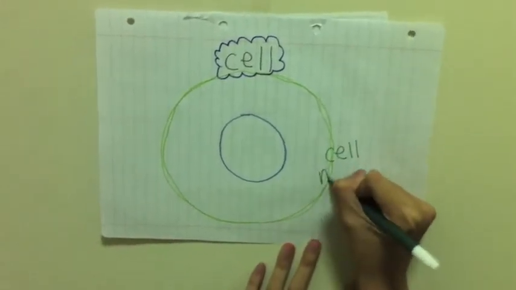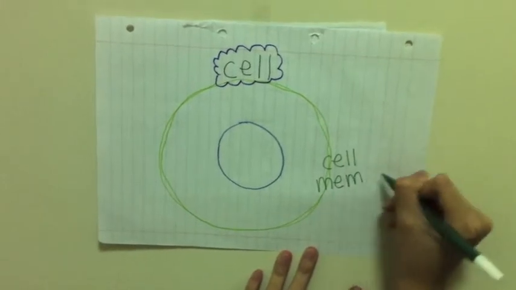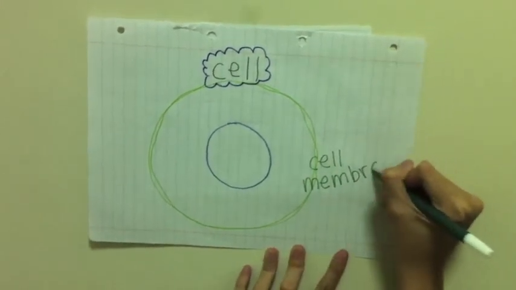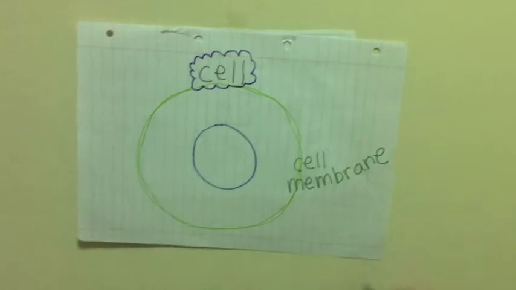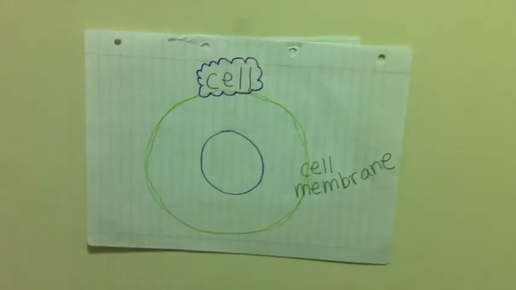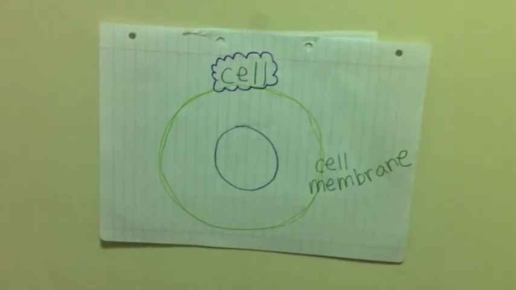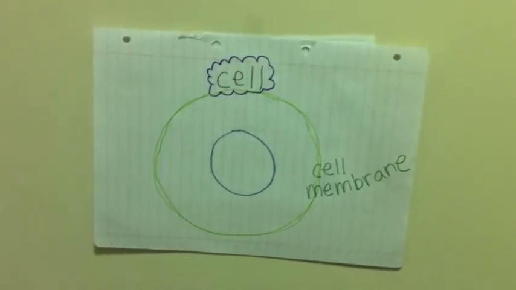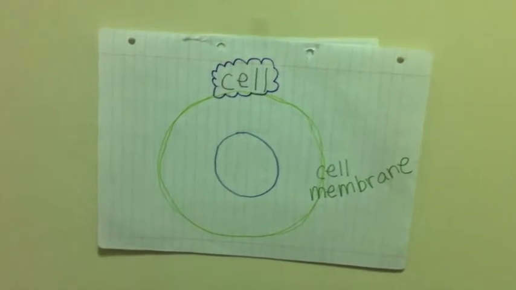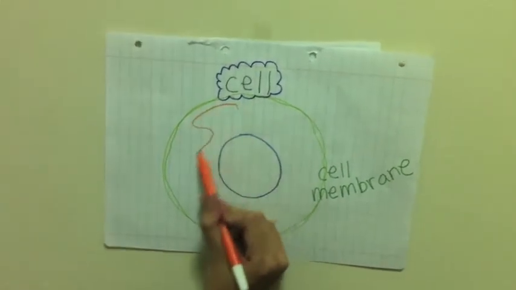Cell membrane. There you go. It mostly blocks away the harmful things that one tries to go inside the cell and usually sends proteins out of